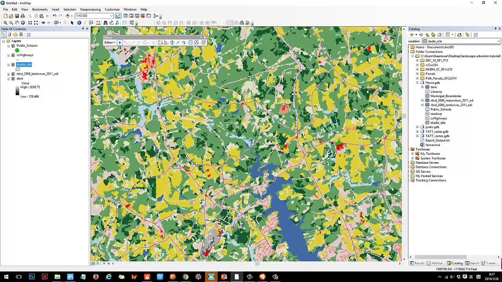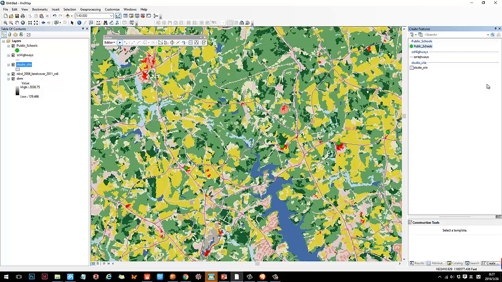which I will talk about later. So what we're gonna do is, once you have this toolbar, there are 3 buttons here. There's one called create feature. Just click it, then it will show up in here. Okay, so what we're gonna do is actually we're gonna try to create a polygon, right? So this is public schools, high schools, so we'll choose studio site. When you click it, then you have a lot of choices, right? So let's say I need a polygon. So when you click polygon,